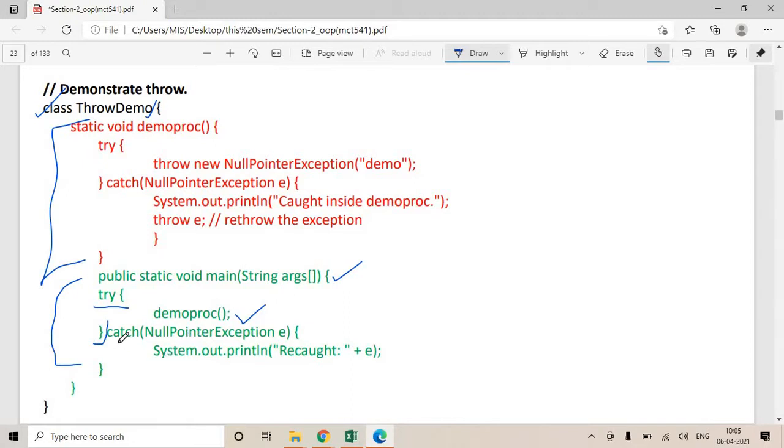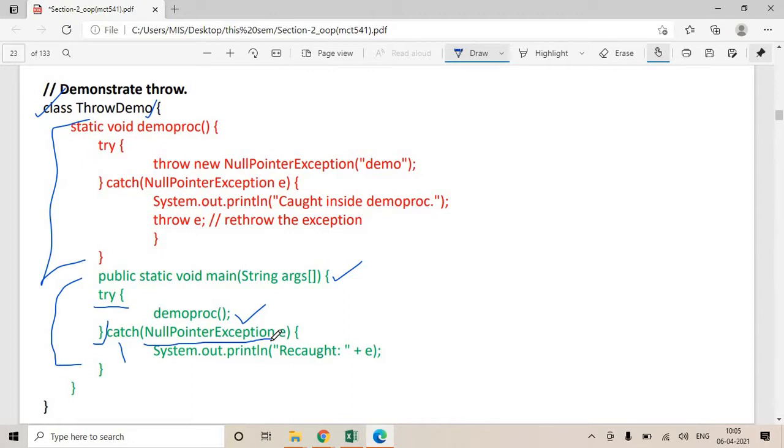One catch is written over here, an exception handler. Basically we want to catch NullPointerException. When will this NullPointerException come? When you try to access some object, some memory space which is not active now, which is being referenced to null, or which has been deleted.